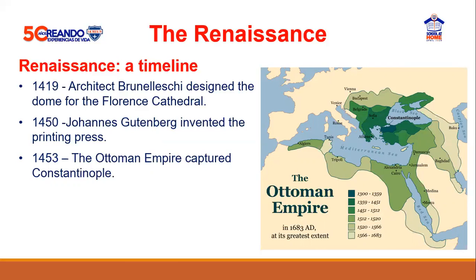Right before the city of Constantinople fell to the Ottoman Empire, the Roman Empire had been split into halves. But Rome fell to the barbarians, and Constantinople survived for a few centuries before falling to the